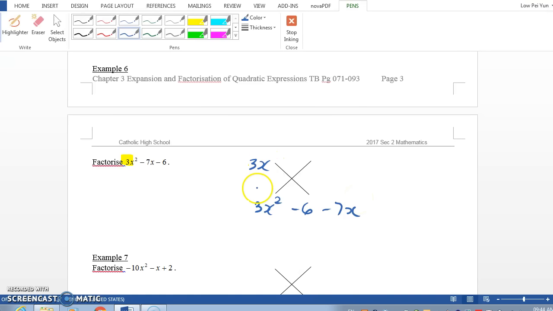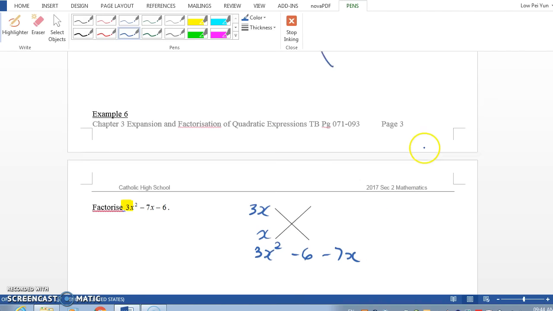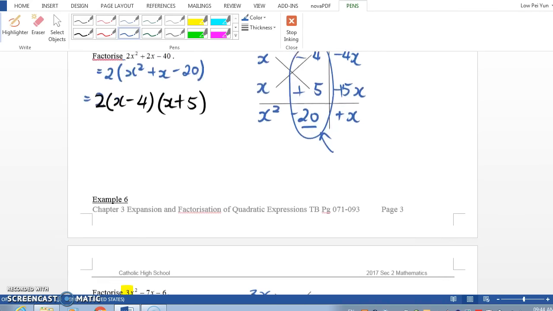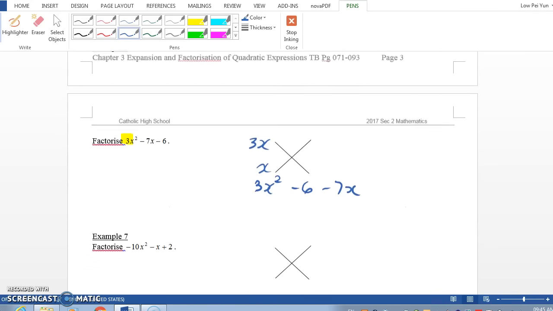3x with x. Alright, then we have to look at the number 6. Well, in order to have a 7, how shall we break 6 into the factors? How shall we break 6? So I'm thinking 1 times 6 and 2 times 3. 2 times 3, in order to get a 7, if I place a 2 here, I'm going to get 2x. If I place a 3 here, I'm going to get 9. 9 with 2, gives